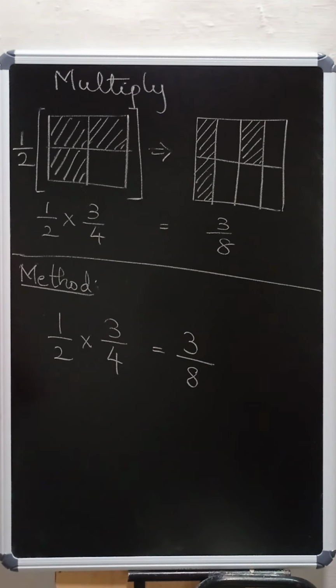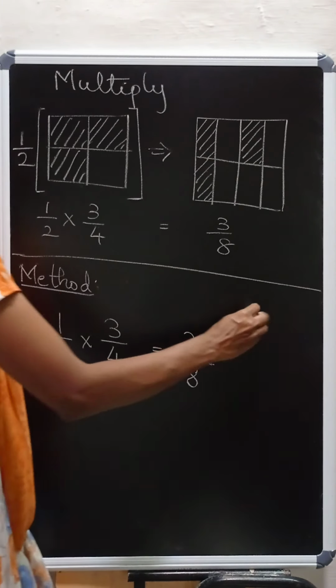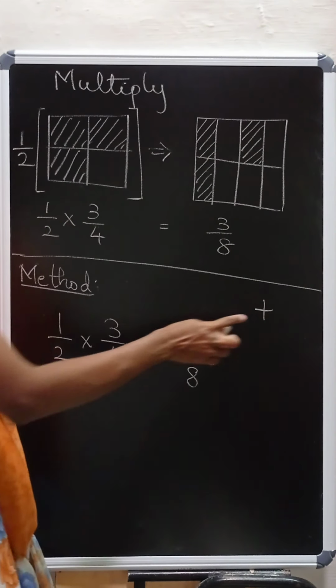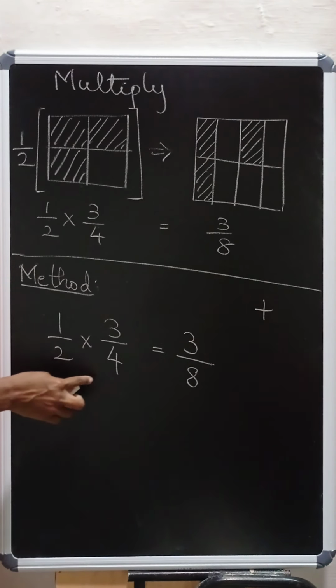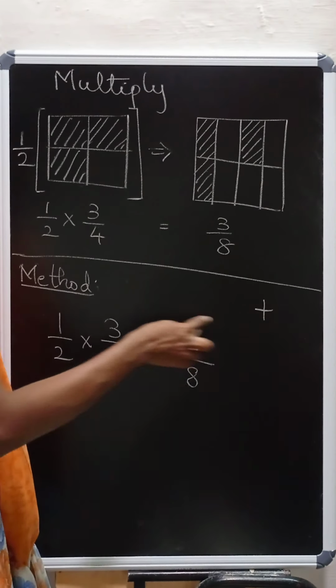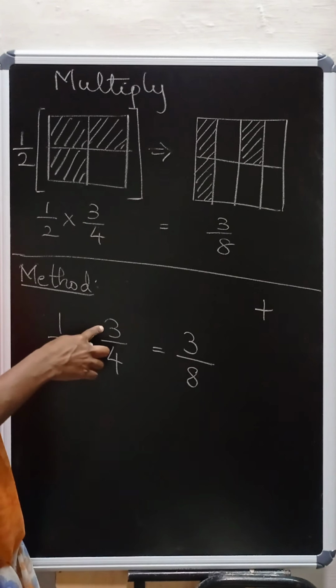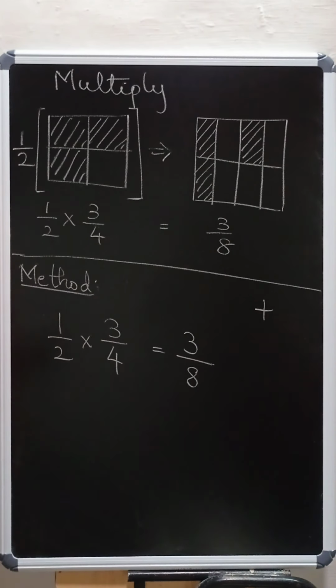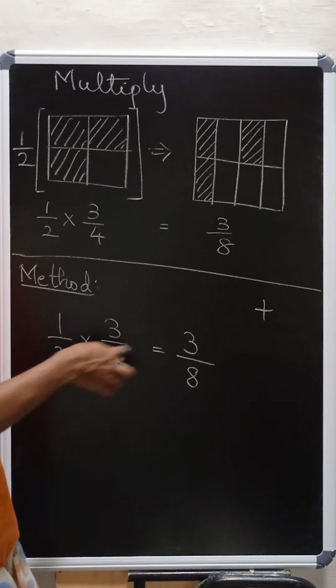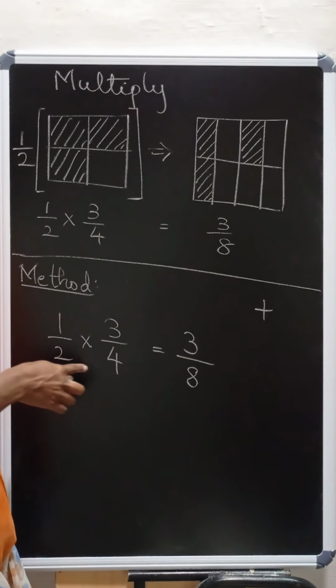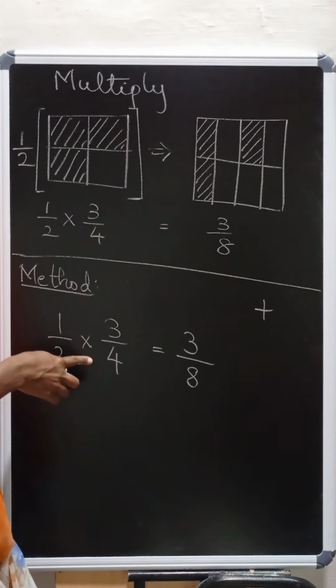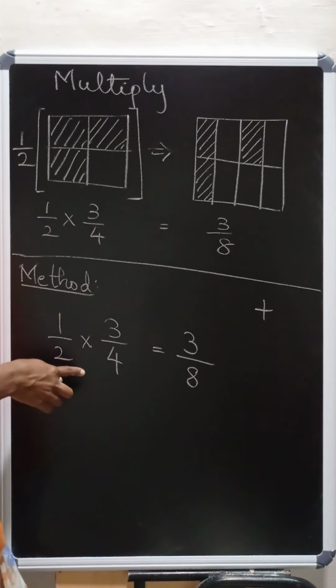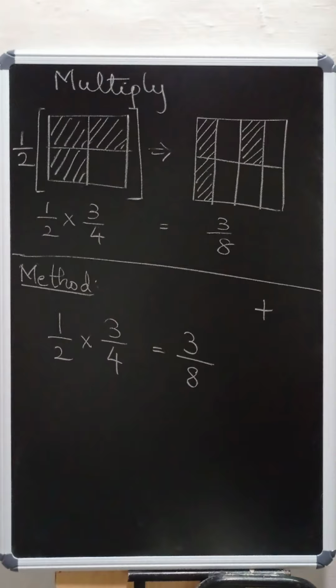Now, the most common mistake made by students while doing multiplication is that you get confused between multiplication and addition. For addition, if there are unlike fractions, then you need to take the LCM and add. But for multiplication, you need to simply multiply the numerators and multiply the denominators. Most of the time, the mistake that happens is that the students start taking LCM for multiplication. Please note this carefully and avoid that one particular mistake.